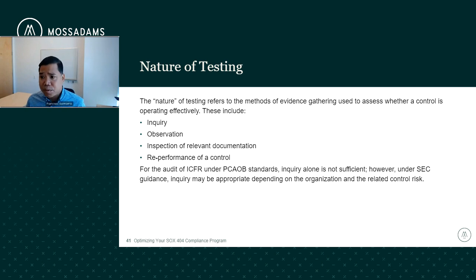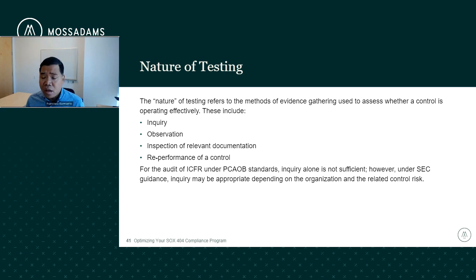Then the next one would be observation, where you go in and observe the actual operation of the controls. It's mostly done for application controls. Inspection of relevant documentation: we obtain a document and look at the evidence, signatures, checklists, all of that. And then reperformance: you select a sample document and actually reperform the control to make sure that it was done